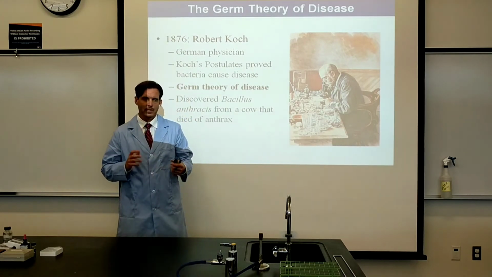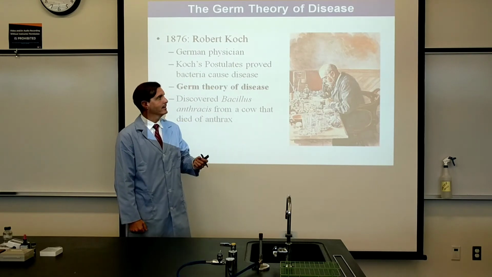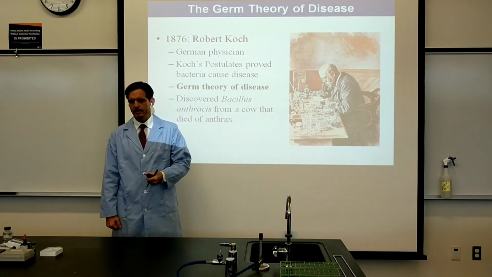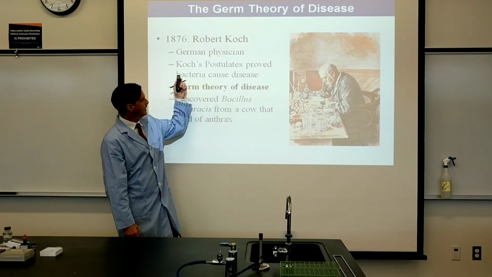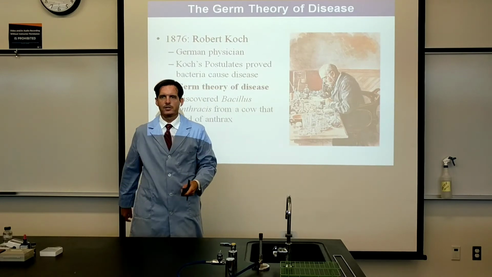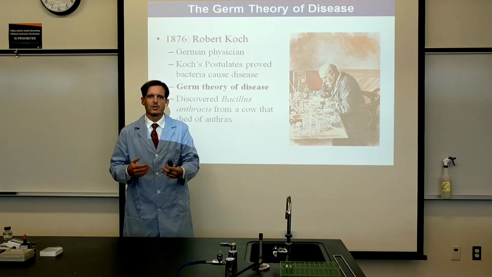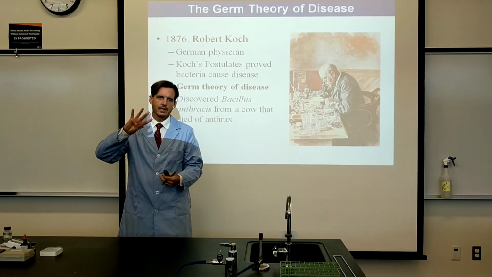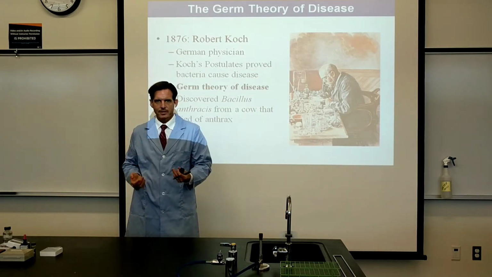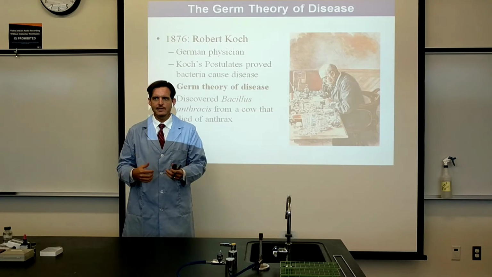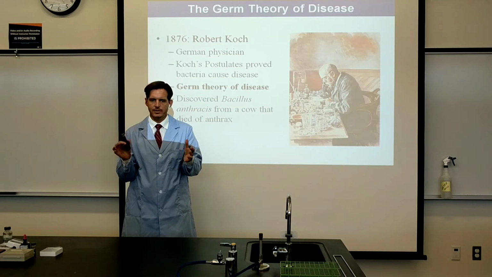All right. So I was saying that Koch worked with Pasteur, and he also did a lot of work on his own. And Koch is probably most famous for the postulates. Koch's postulates are broken down in most books by 4 particular criteria that Koch came up with to prove the germ theory of disease. The germ theory of disease is to say that when we come into contact with certain invisible life forms, mostly bacteria,